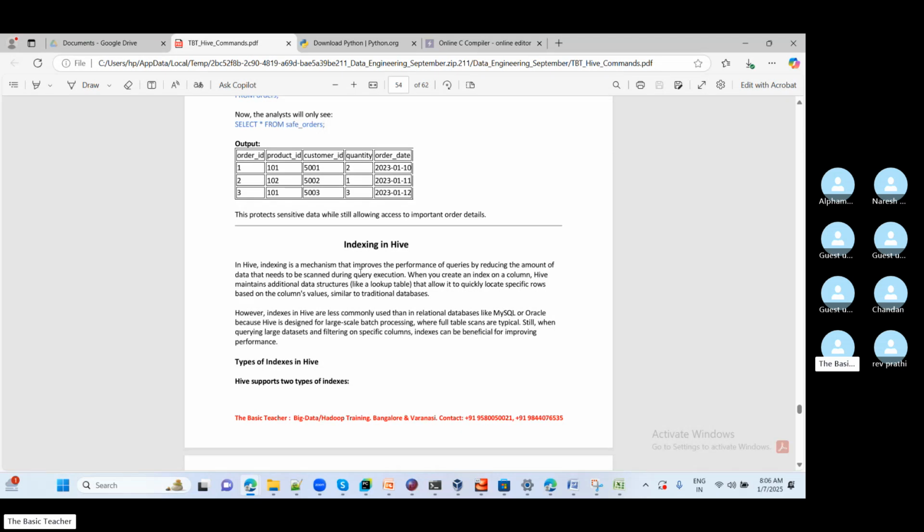So indexing is also a technique, a mechanism for improvement, which is going to help in tuning the query and making performance better. It is going to improve the performance of queries by reducing the amount of data that needs to be scanned during every execution. And when we create an index on a column, Hive maintains an additional data structure, like a lookup table, that allows it to quickly locate a specific row based on the column's value,